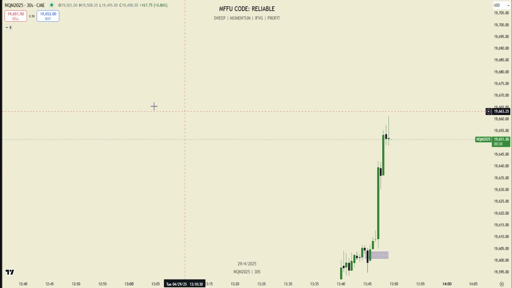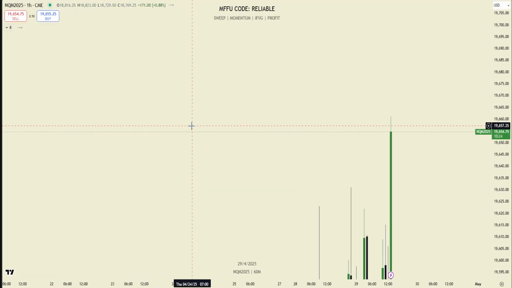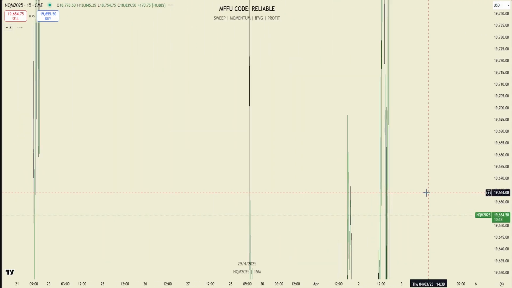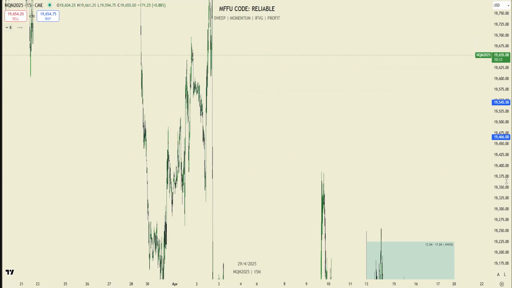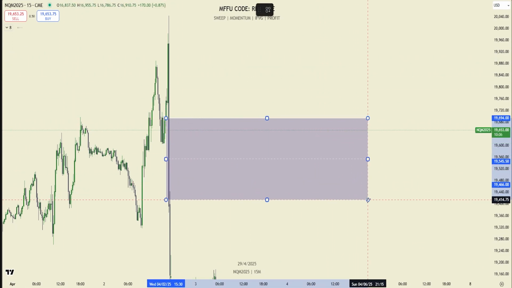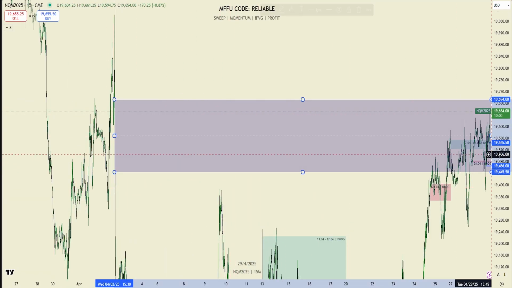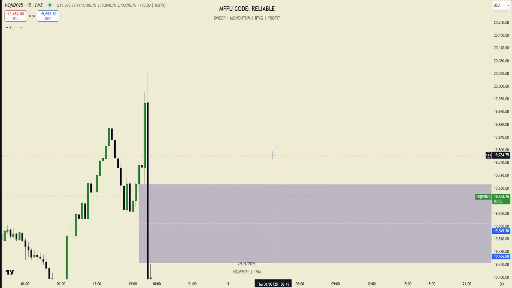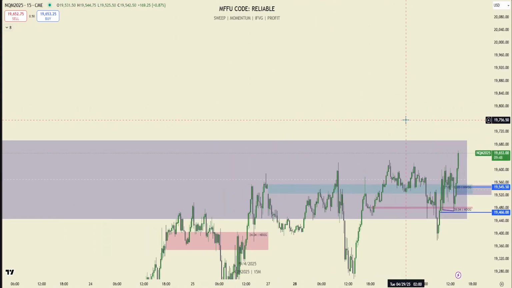So we got this 30-second short here. Let's look to the left to see if we have any delivery here. Alright, we'd have the 15-minute gap to the left here as delivery. If we inverse this to the upside, obviously we're probably just going to be bullish to those highs there. So keep an eye on that. But yeah, this definitely could be like a trend day scenario if we close over this 15-minute. If we did, I think buying contracts that expire at the end of the week could be a play.